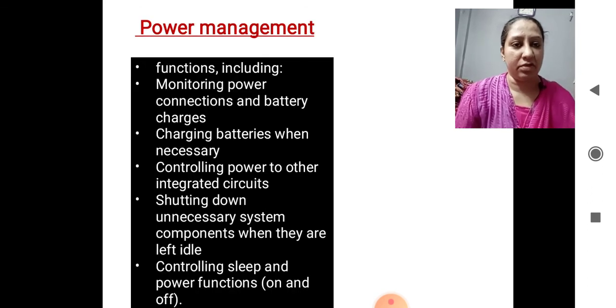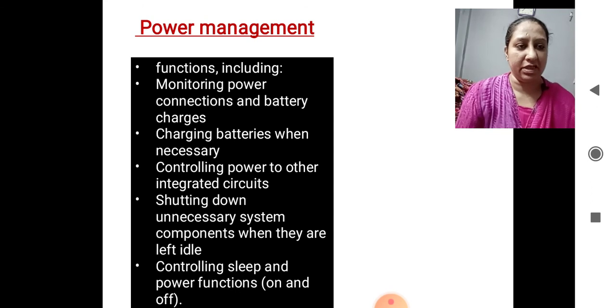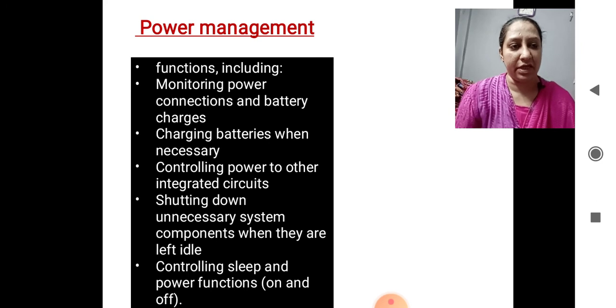The last one to learn is the power management, or you can say the battery management, which is a very major part of your mobile because we are connecting Wi-Fi through it. Batteries do not last long. In the computer we are connecting with a cable wire, so it continuously keeps working, but with the mobile phone the battery drains quickly. There has to be a system which regulates our phone so the battery lasts for a longer period of time.